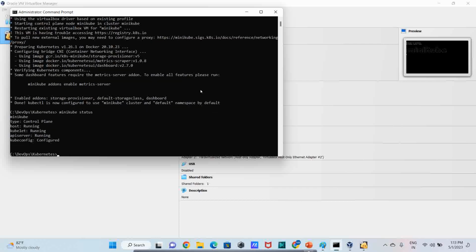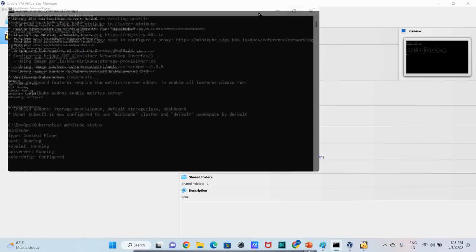So it is telling type control plane, host running, kubelet running, API server running, kubeconfig is configured. So if this is coming, then it means